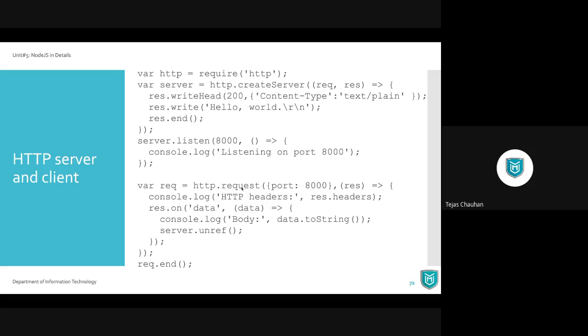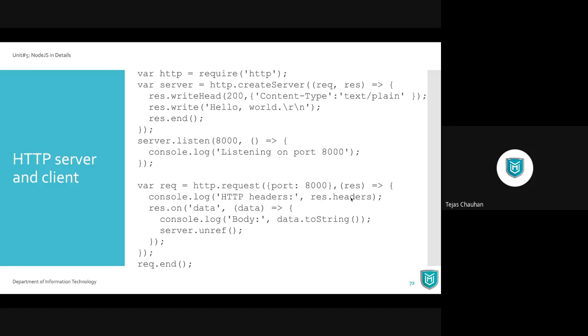When this request is fulfilled and the response comes back to the client, it is going to execute this callback method. In that callback, you will have the response, so you simply extract whatever you want from it.